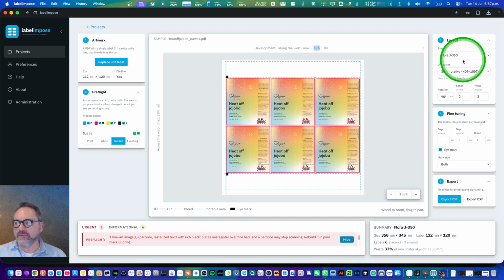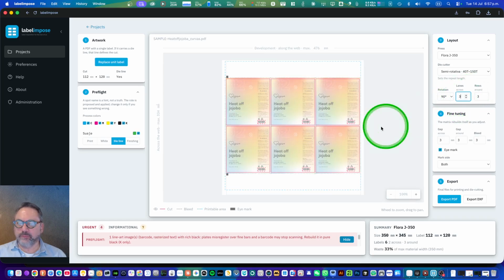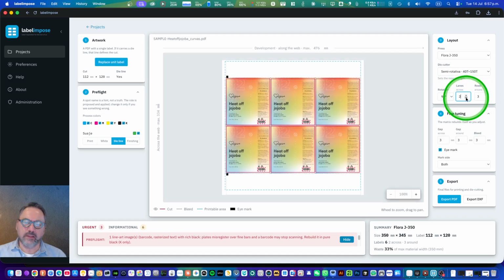So what happens if I try to go further in this case of lanes, which are across web? I can definitely put more, but it becomes dimmed, because you cannot fit more than 2 lanes in the area defined by the press.